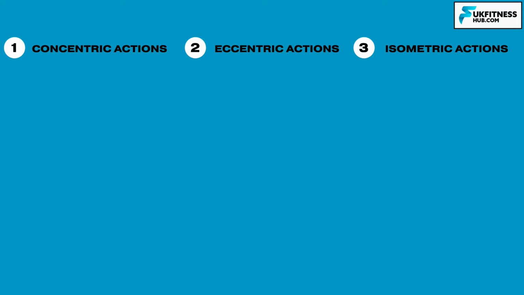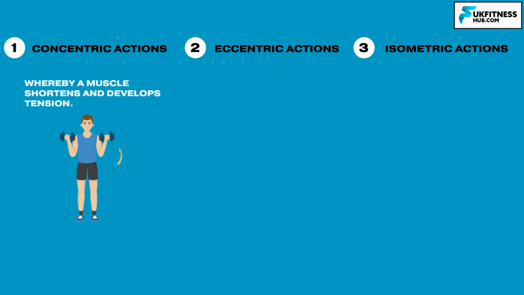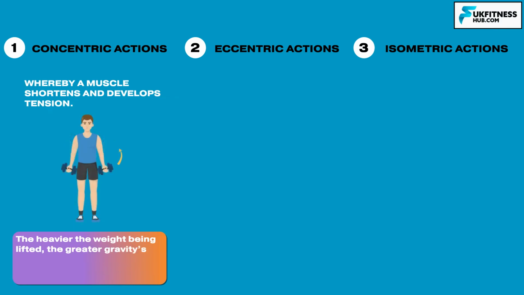A concentric action is an action whereby a muscle shortens and develops tension. Let's take a bicep curl as an example. The concentric action would be the upwards movement phase of a bicep curl. In this case, the muscle develops tension to work against the force that gravity is exerting on the weight being lifted. Of course, the heavier the weight being lifted, the greater gravity's pull and the greater force the muscle must